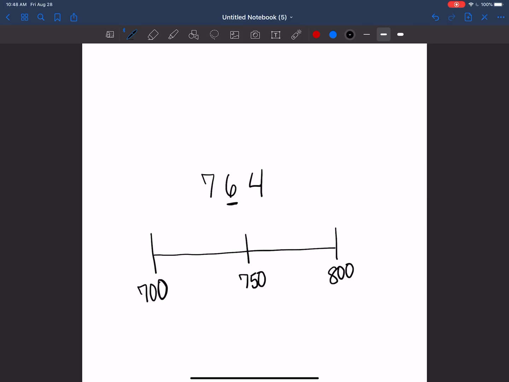Now I want to place 764 on the number line. Well, I know that 764 comes after 750, so I'm going to place it on the number line after 750. I can see that the number 764 comes after the midpoint, so I know that it is closer and will round up to 800. All right, let's practice another example with the number